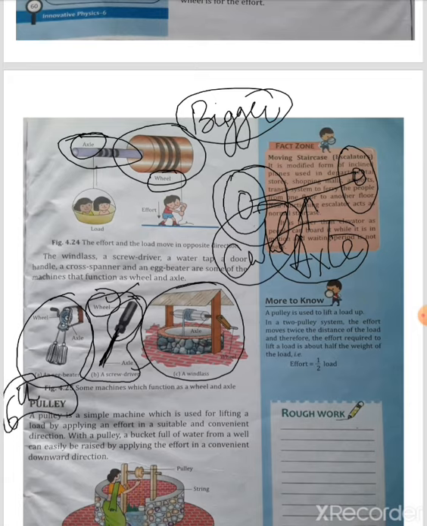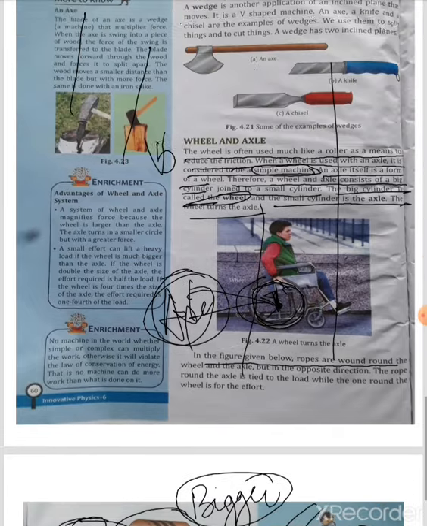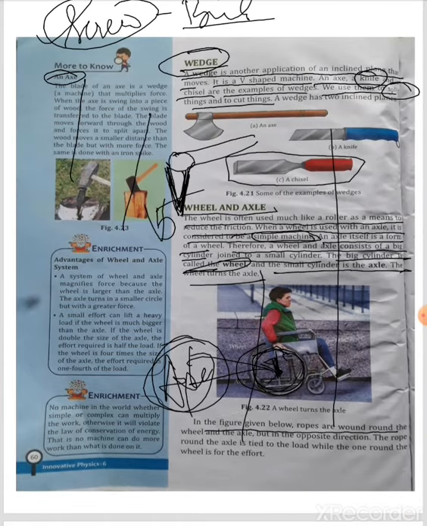Don't forget to go through this facts zone. Okay, fact zone. You have seen a moving staircase in the shopping complex. We call it an escalator. Have you seen that in the supermarkets? So they are called escalators. They are also a kind of simple machine. Okay, clear? So similarly, you have here, okay, you can see here